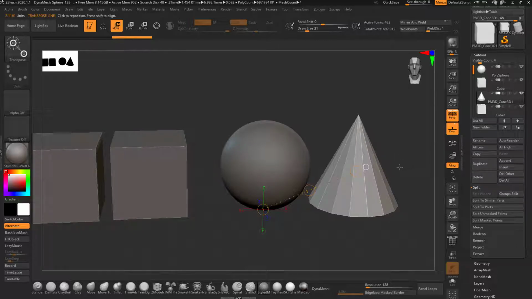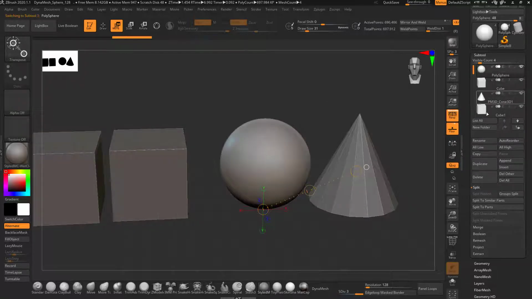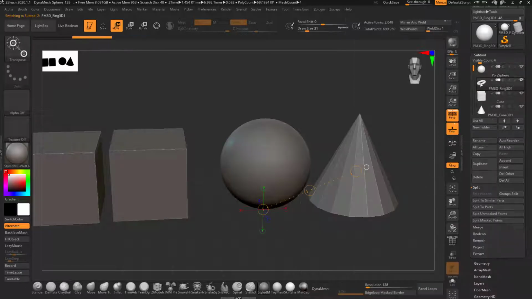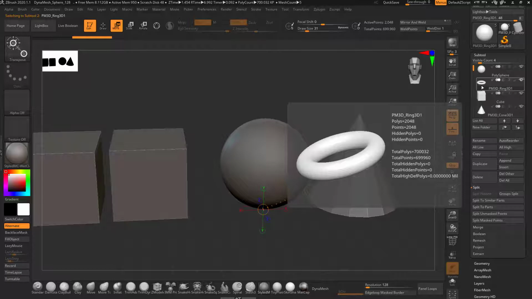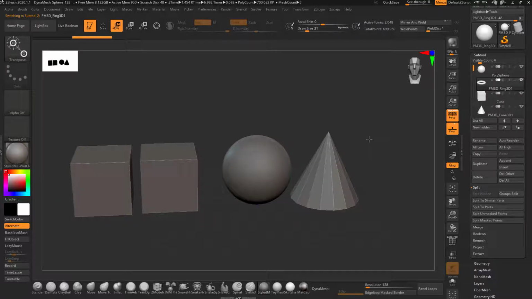Basically both import and add the object into your subtool panel and into your scene, but the basic difference is that when you select a subtool and click on Insert, the object comes directly below that subtool. This is quite handy for organizing your scene, as you can see here.